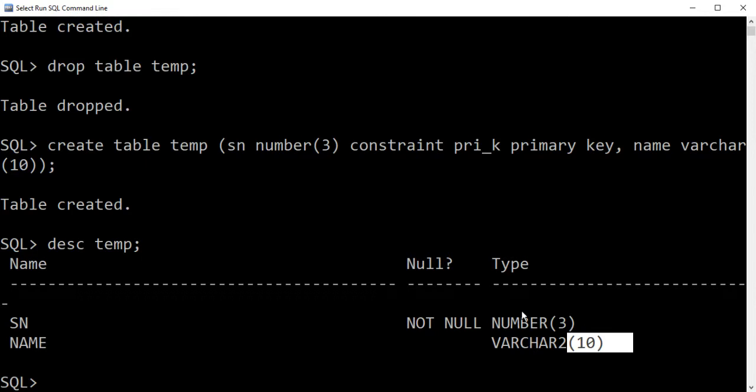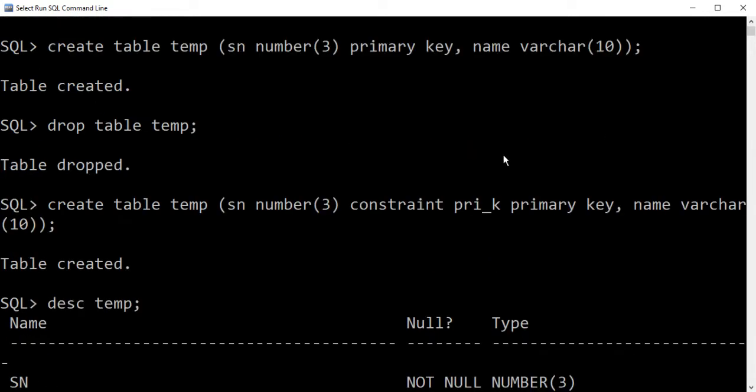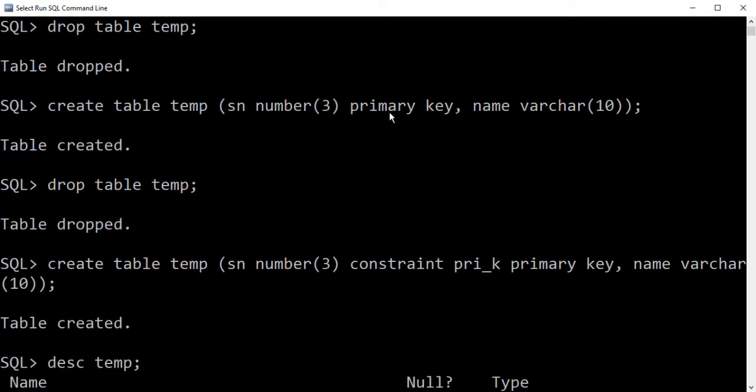Now, if you see carefully, there is no hard and fast rule or difference between the primary key constraint of these two syntaxes, because in the first case we have just written the constraint with the attribute name that we want to declare as a primary key. Sn is what we want to declare as a primary key, and in the second method we just provided a name.